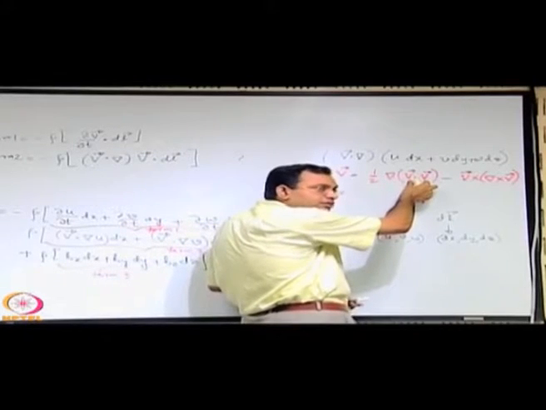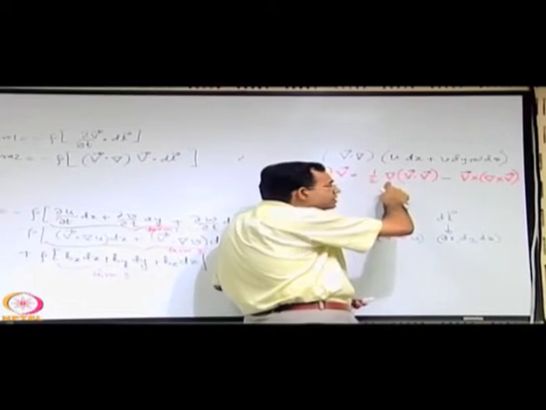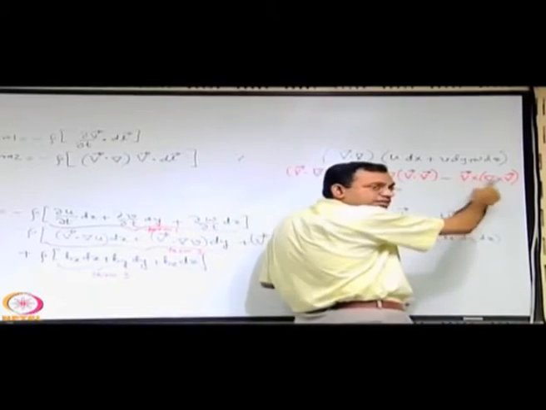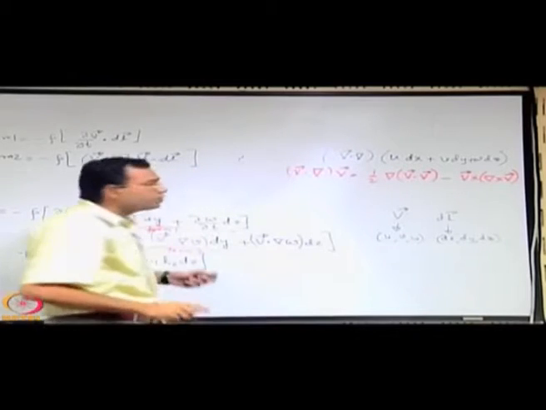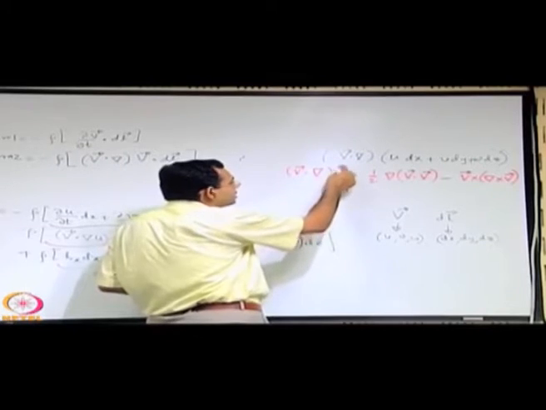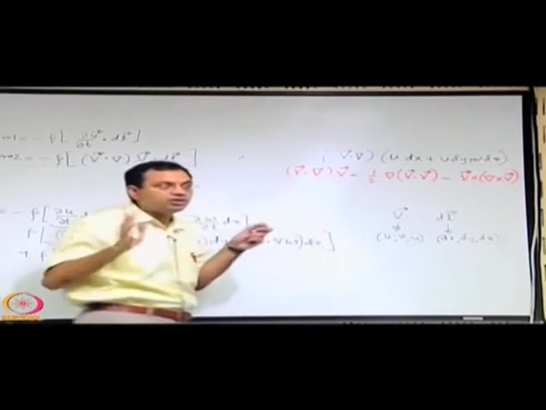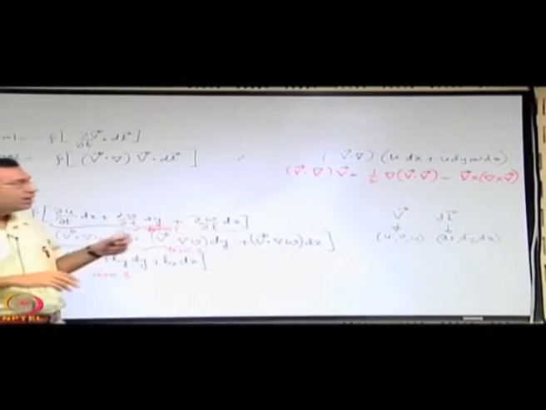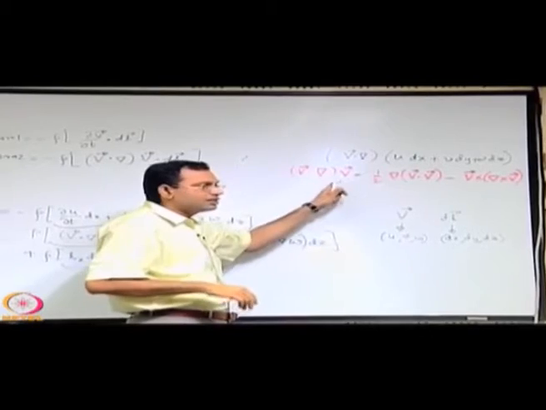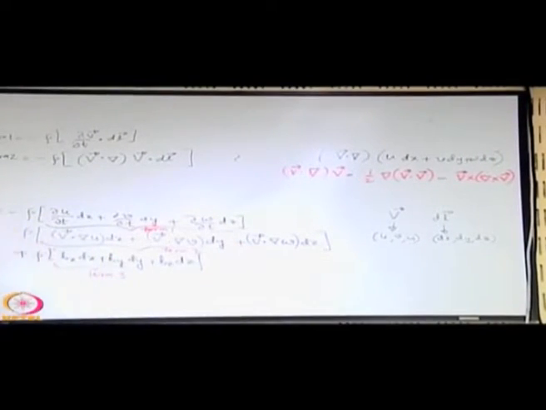Now, you see that v dot v is a scalar. The gradient operator operating on it makes it a vector, and this is very clear, this is a vector. So, this should be a vector. So, when you have v dot del, this is a scalar, but this being a vector, it keeps it a vector. So, whenever you write an identity, these are certain common sense things that you should check, because depending on what you operate, the same thing may become a scalar or a vector very easily, depending on how you put your cross products and dot products.